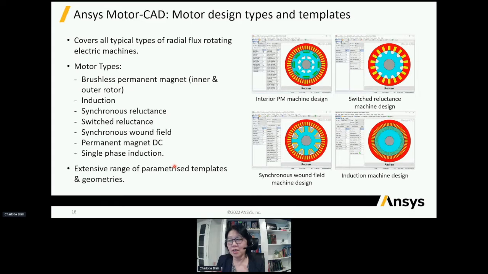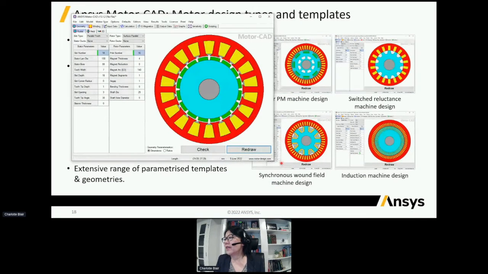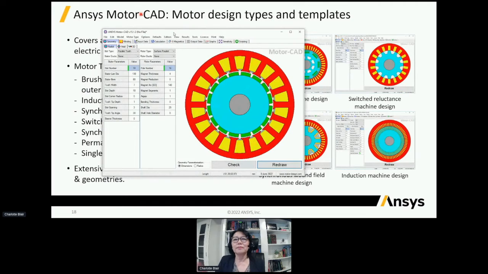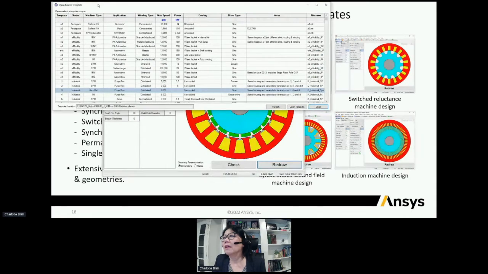As a matter of fact, what I was going to do, and I almost forgot, is show you that this is indeed the front end of the tool itself. Now, I'm not using equations. I need to know and read the results of it, but I don't have equations to create this geometry. And when I said we have templates, I can open up a template and I need to make a motor